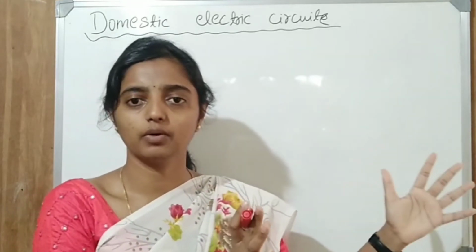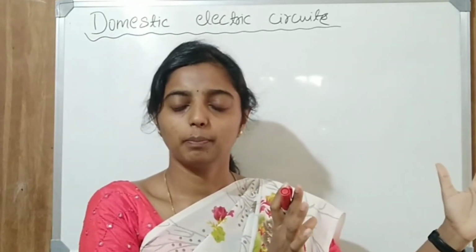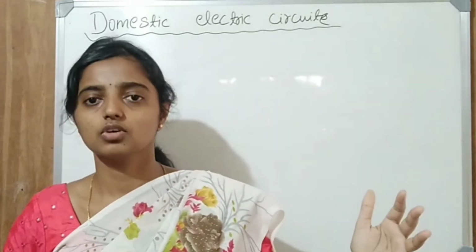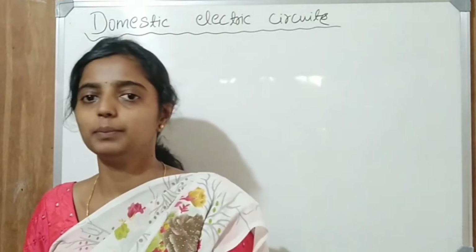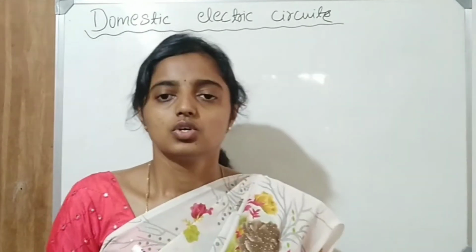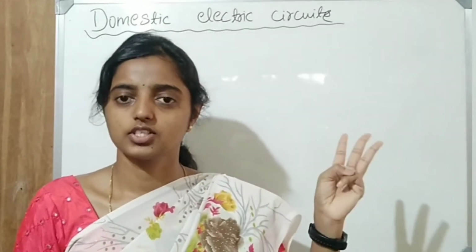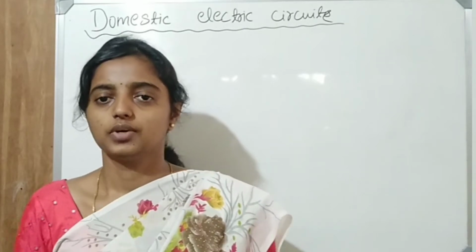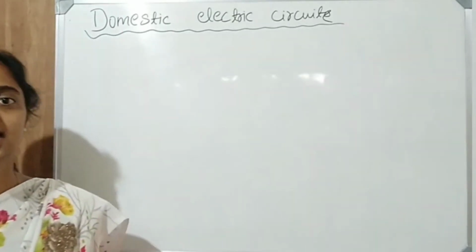So once the electricity is prepared, what is the next step? It should reach every individual house or every building. So how will we carry that electricity? Through wires. As I told in the earlier class in the electricity chapter, we have three types of wires and let us see them in depth. And one more important thing is here.